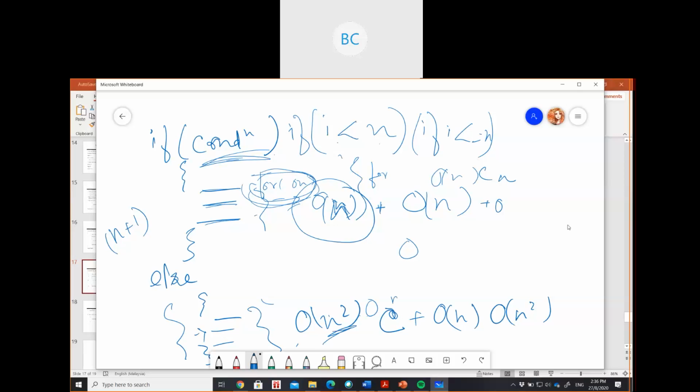So if your total expression is like Cn square plus Cn plus C, we are only going to take this part. Why is it so? Because it's asymptotic notation, right? That means it's approaching some value or curve. So why do we only consider this O(n) square? We can see from this part that the running time is increasing like 2 times compared to the Cn part. Correct or not? Are you getting my point? Yes, no.